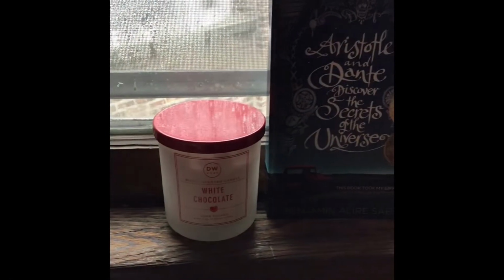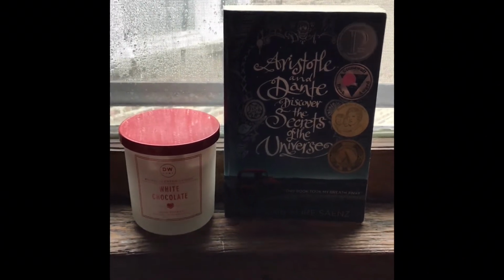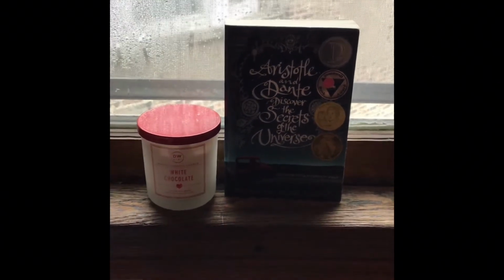I don't read a lot of romance though, so the book that I picked was Aristotle and Dante Discover the Secrets of the Universe, which has romance in it. I guess, yeah, it's a romance book, one of the few that I own. I also haven't read this one in a while, so I apologize if I'm inaccurately describing this book. But it is about these 2 boys, Aristotle and Dante, who meet and they develop a really sweet